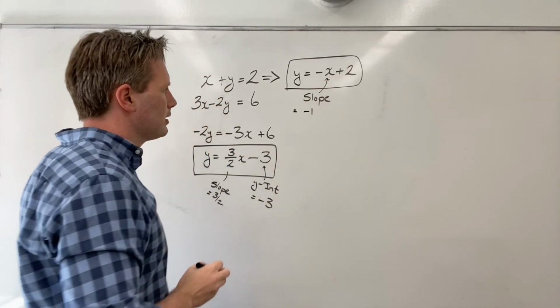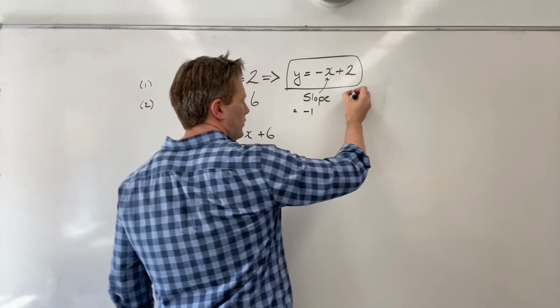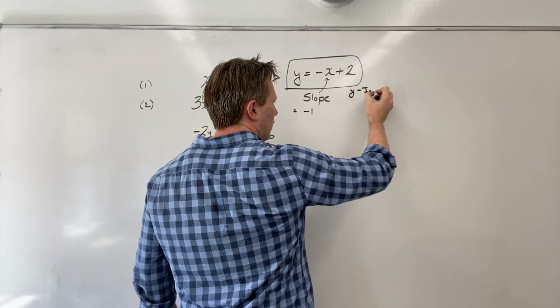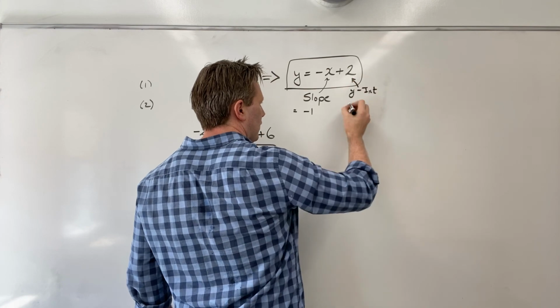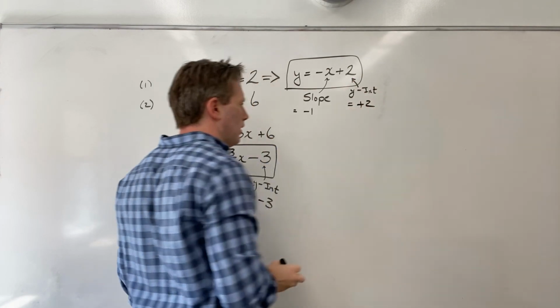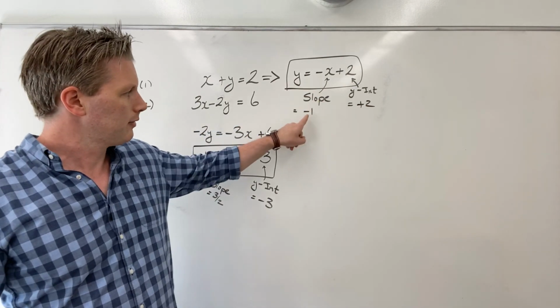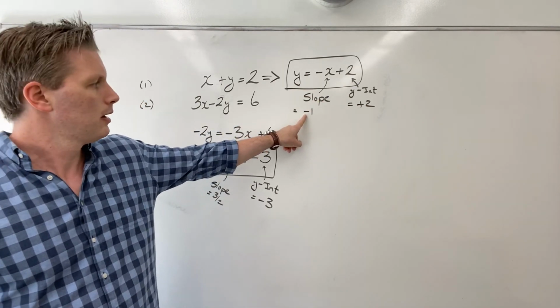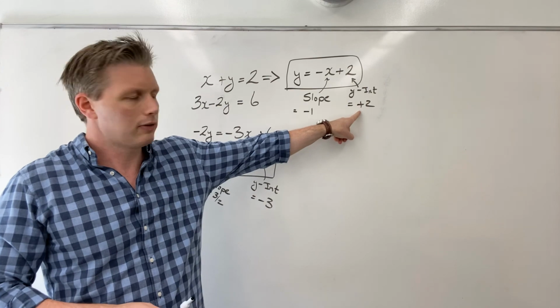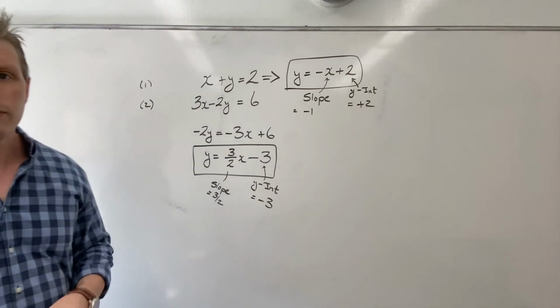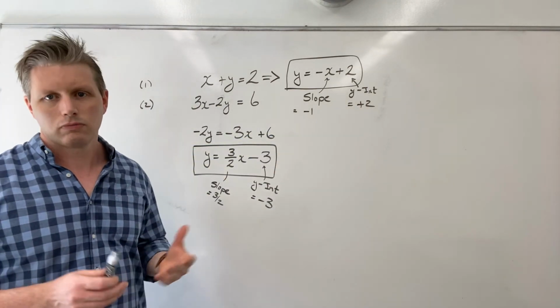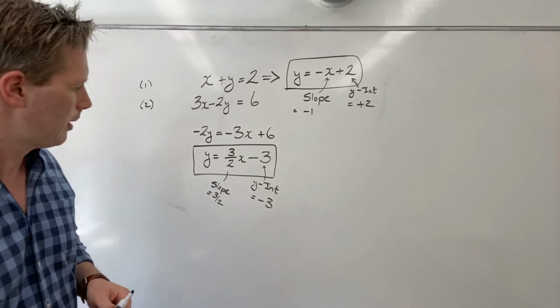Okay, the slope is minus 1, and my y-intercept, this is my y-intercept, that's plus 2. And so this line here has a negative slope of minus 1, and it crosses the y-axis at plus 2. That would be enough information now for me to graph that, if I had some graph